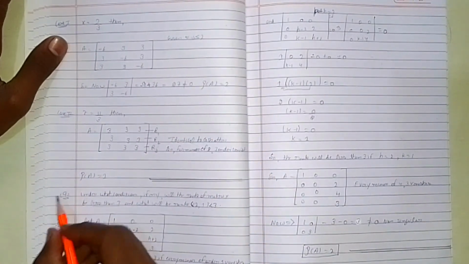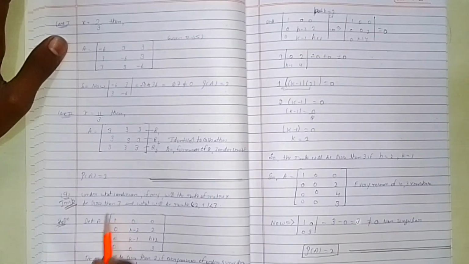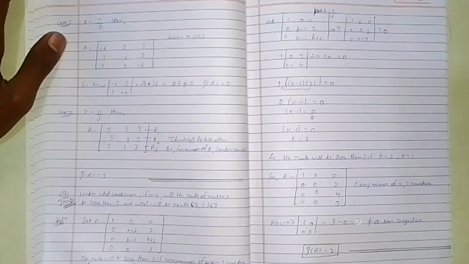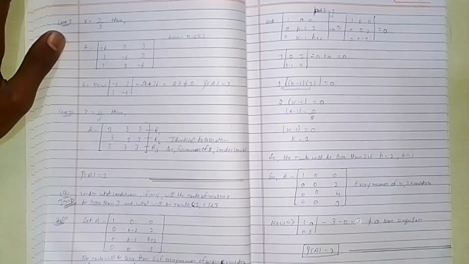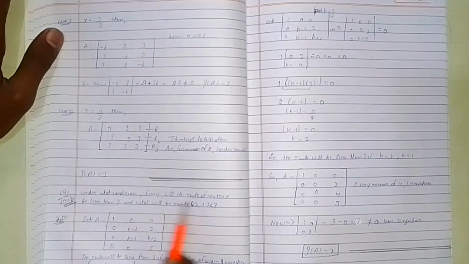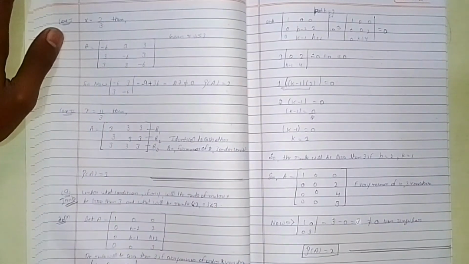Here it is not written, let me write here. It's an important sum. So let A be here. The rank will be less than 3 if every minor of order 4... It is said that rank is less than 3. Less than 3 means minors of order 3 vanish. So here I am writing a 3 order minor.